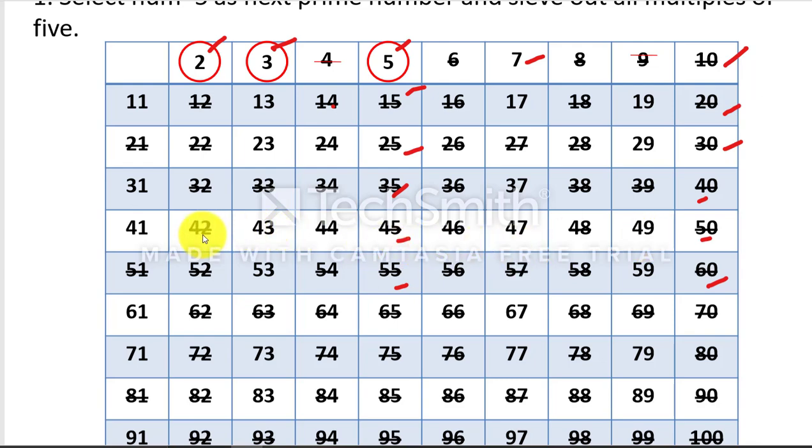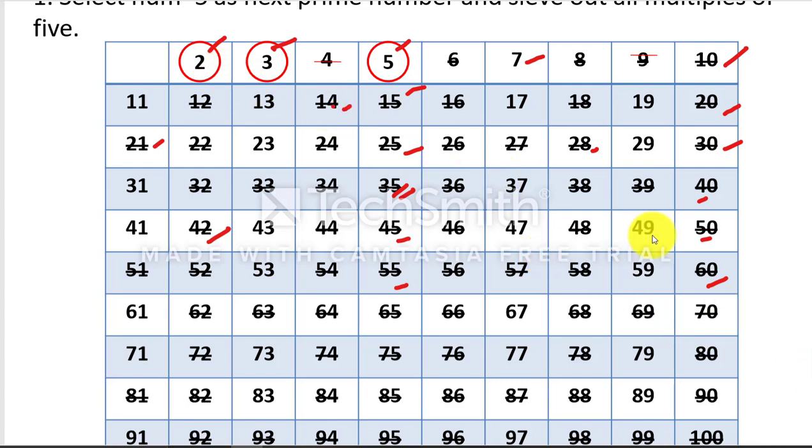Similarly check for 42. 42 is already filtered out because it is a multiple of 2. Similarly beyond that, 35. 35 is already filtered out because it has a factor 5. And below this there is 28. 28 is already filtered out because it has a factor of 2. Below this, 21. 21 is filtered out due to 3. 7 multiplied by 2 is 14. 14 is already filtered out because it is a multiple of 2.